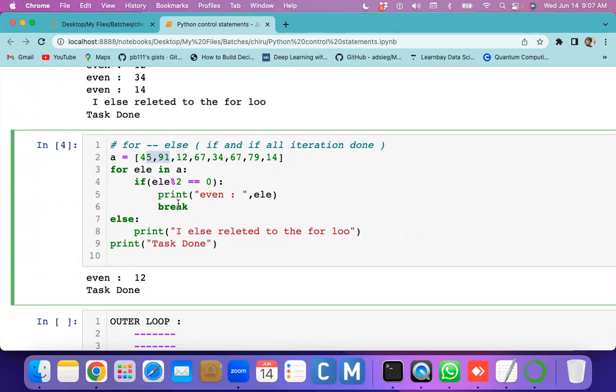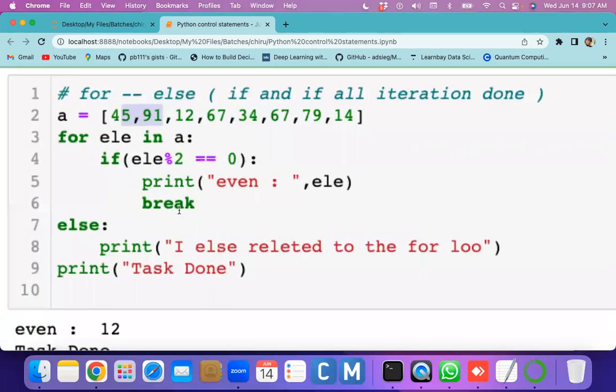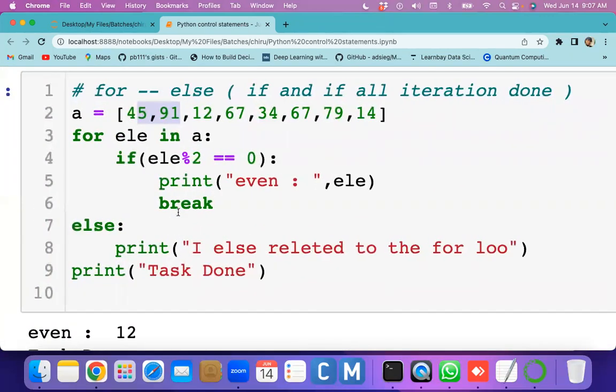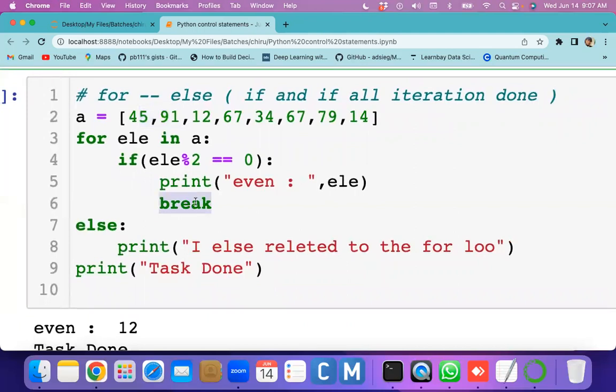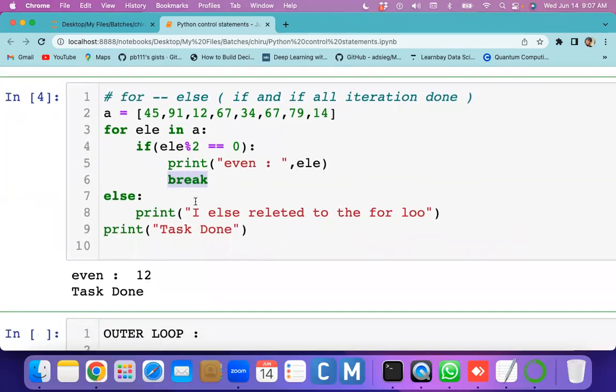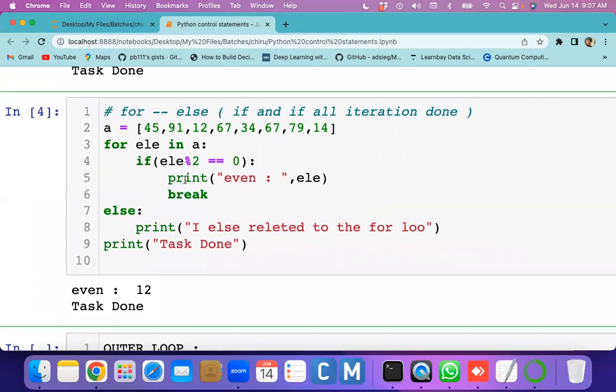That's correct. I can only explain that break one group more time. Wait a minute. See, why I am telling this one, break. I would like to explain the break in the last actually, not in the middle. But for giving the explanation of the else block, when the else block is executing and when it is not executing, because of that I'm explaining the break in the middle. But don't try to understand the break at this moment.